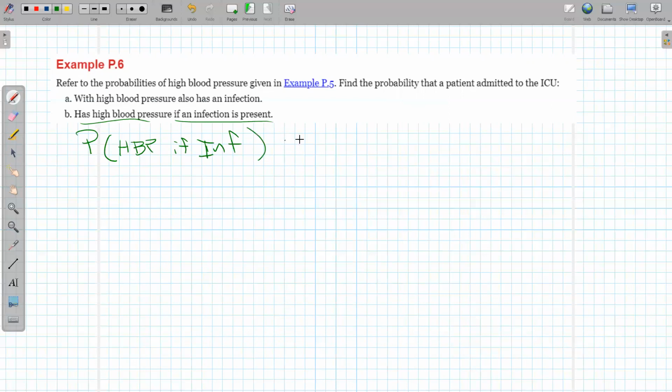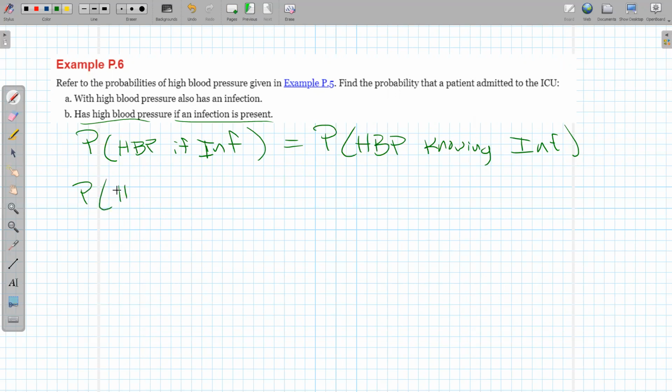And other notation you'll see for that is, again, probability of high blood pressure knowing they have an infection. And I like the "knowing" better than the "if." This book likes the "if." And a shorthand for that still is probability of having high blood pressure, and sometimes you just see a straight bar in the middle, infection. And that straight bar right there just means "if" or "knowing." So in this case, we'd want to find the probability that they have high blood pressure